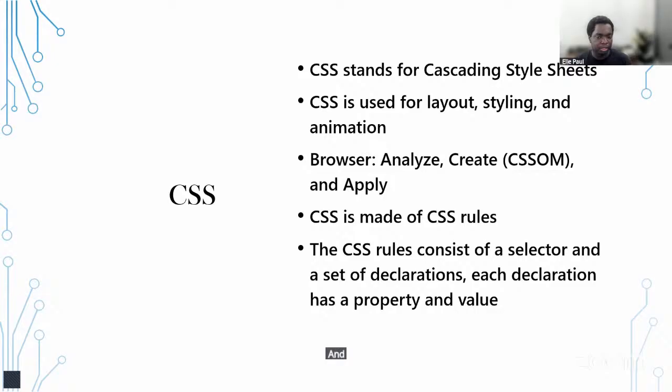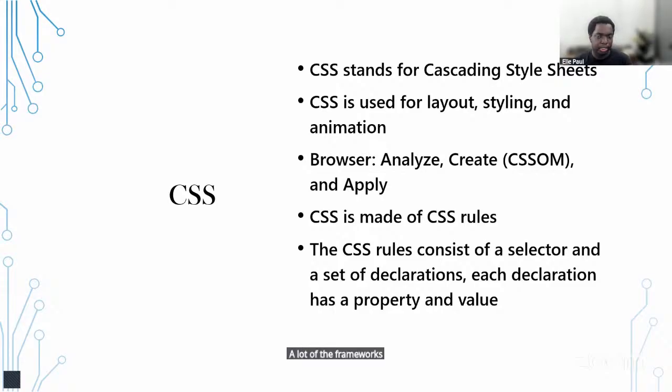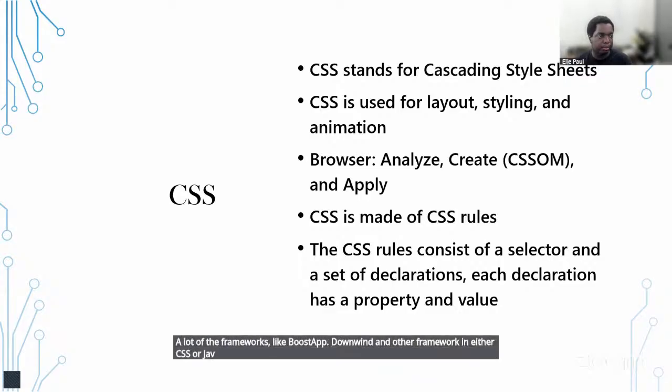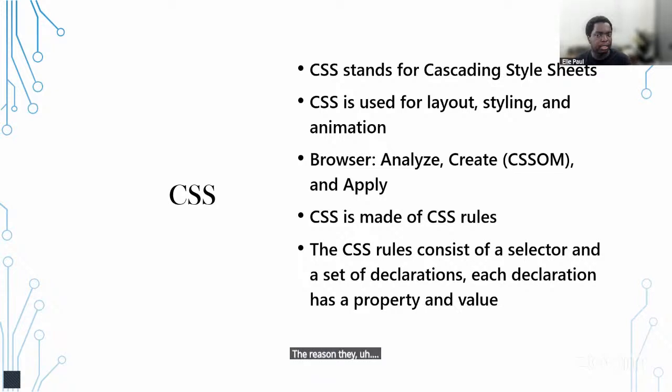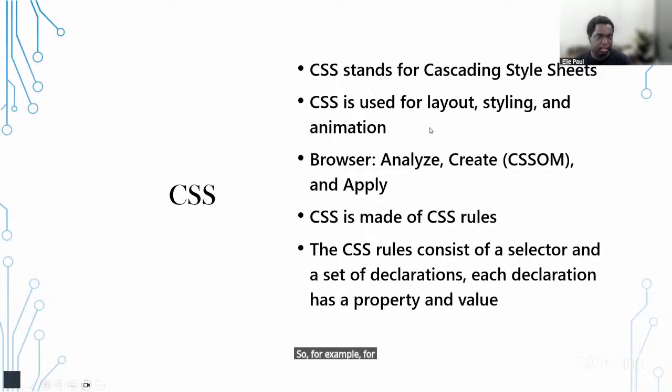And that's one of the reasons when we go about the concept of solving problems and making things easier. A lot of the frameworks like Bootstrap, Tailwind, and other frameworks, in either CSS or JavaScript or any programming language, are created to make it easier and faster for you to do a few things that you can do yourself, but might take more time or might take a lot of things that you didn't consider. So for example, for CSS, there's different animation, there's different theme, there's different color changes, there's different color shade,